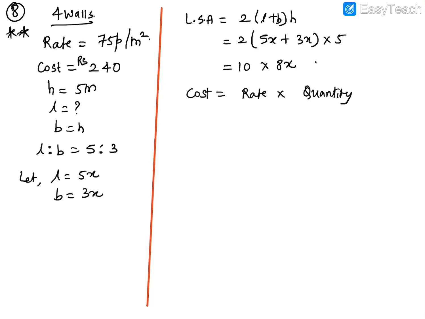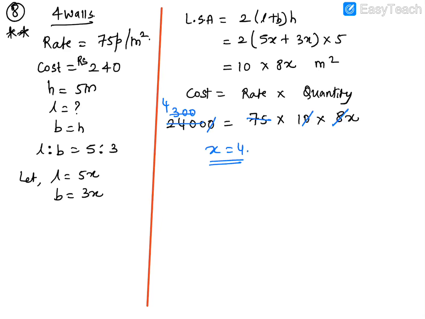So LSA was this many meter squared. Now cost is equal to 240. It was in rupees, I'll convert it into paise. Then rate is 75 paise, and the quantity is 10 into 8x. Now on solving, x is equal to, okay guys, look, first we can cancel 0 and 0. Then 8 ones are 8, 3 hundreds are 75 ones are 75, fours are. So we'll get x is equal to